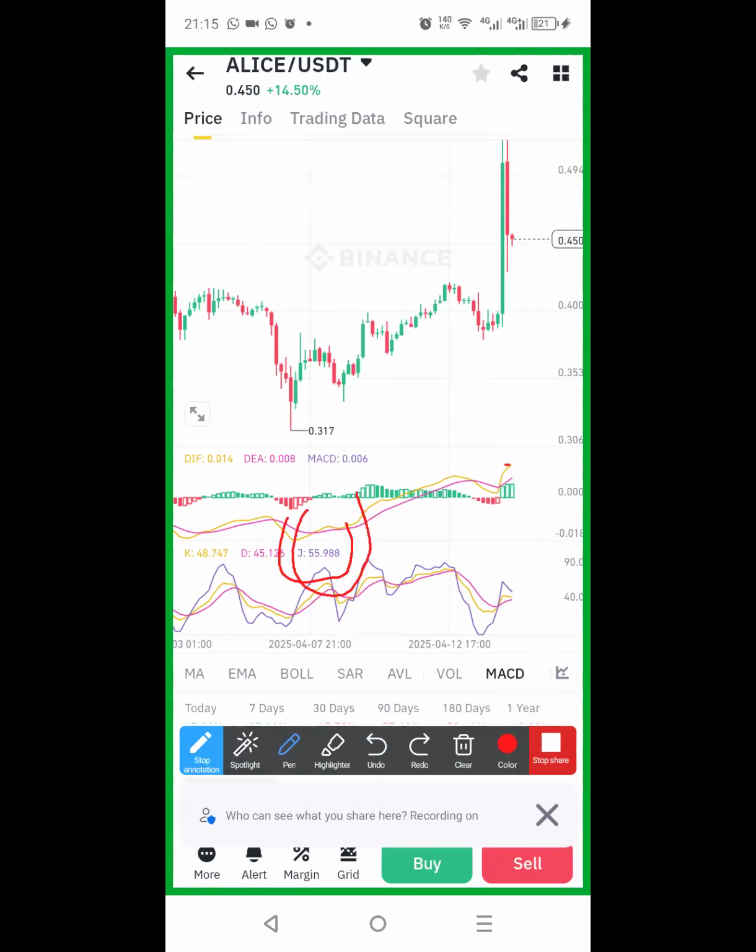A golden cross is when the MACD lines are below the layer 0 bridge, and the yellow line makes a cross above the red line under the bridge. That's what they call a golden cross. So anytime you notice a golden cross like this, if you enter the trade there, you will definitely make profit as far as you set a realistic take profit.